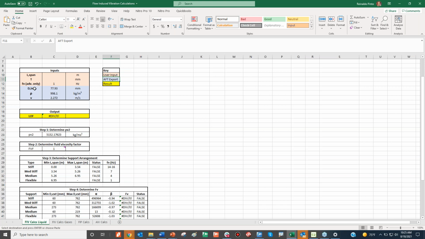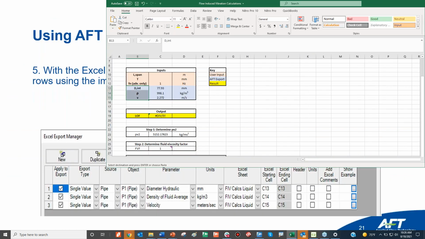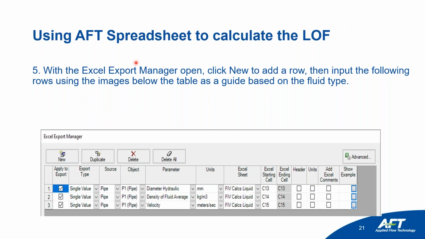We can see in the table in blue that we need to export from the model the internal diameter, the density, and the velocity. That is why in the spreadsheet for flow-induced vibration, you see 3 lines for the same pipe. Diameter hydraulic, density of the fluid, and the velocity.